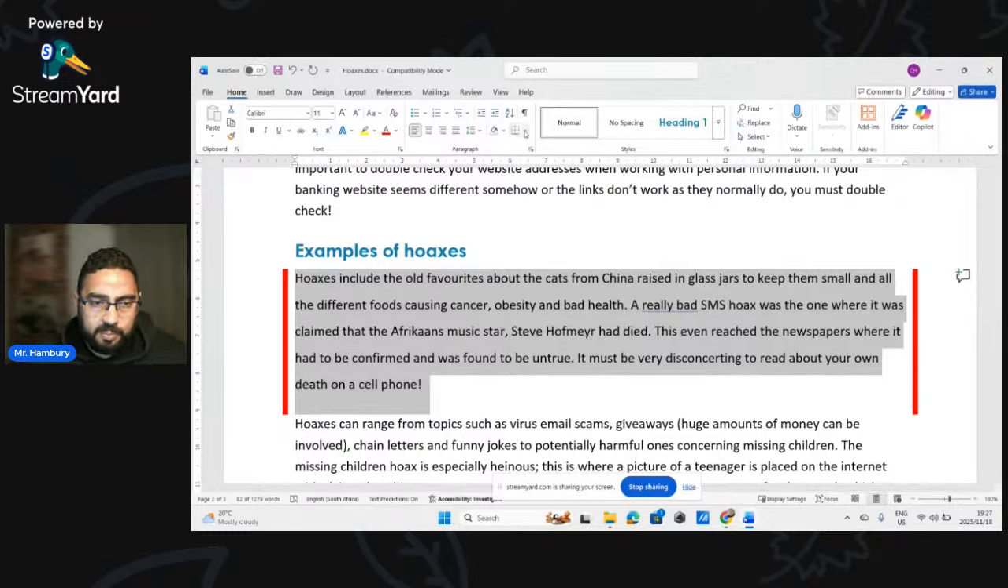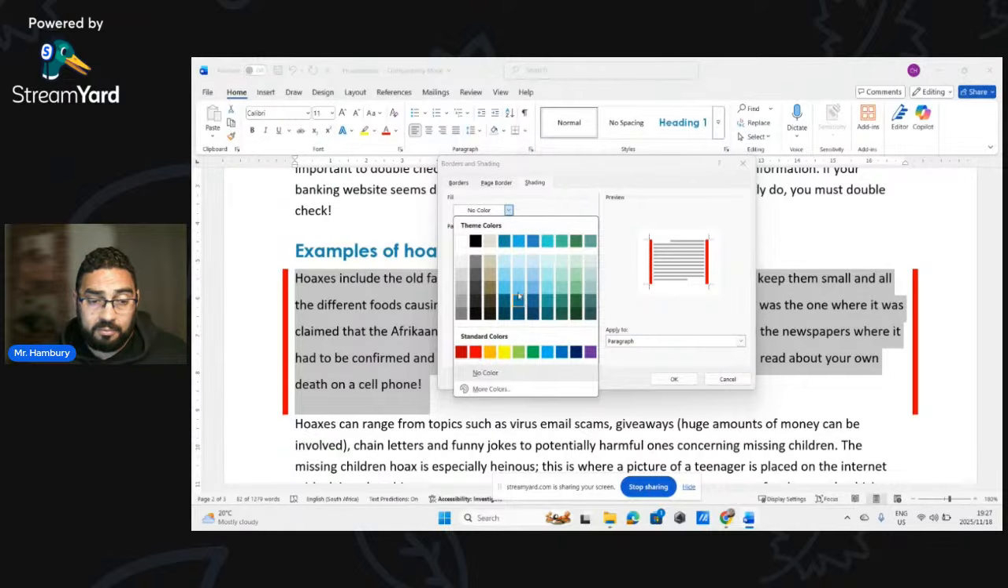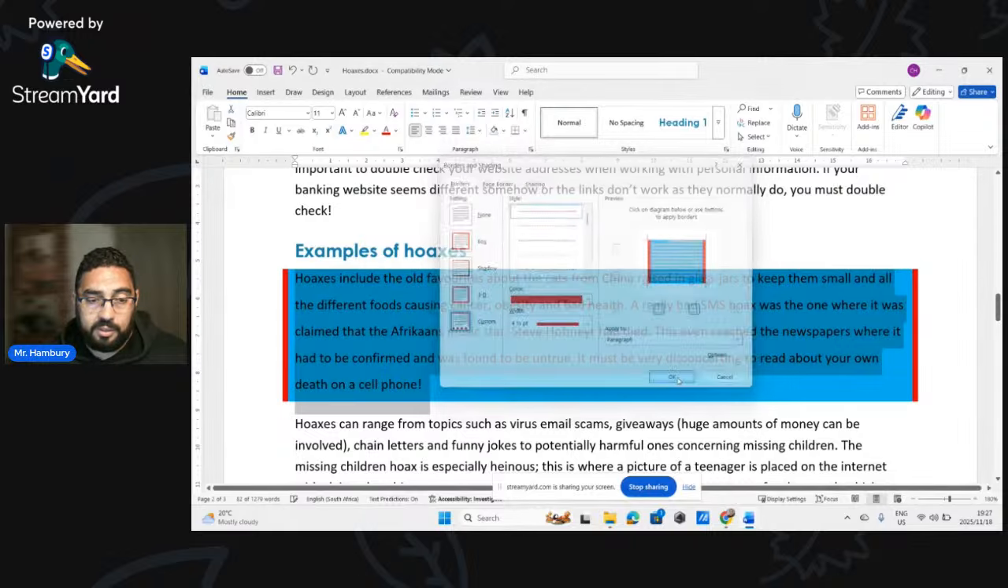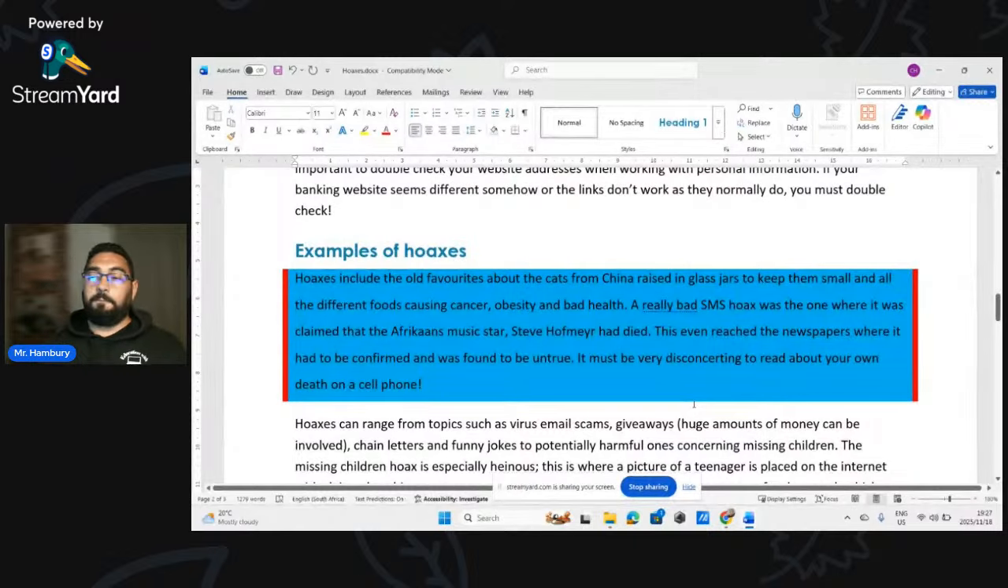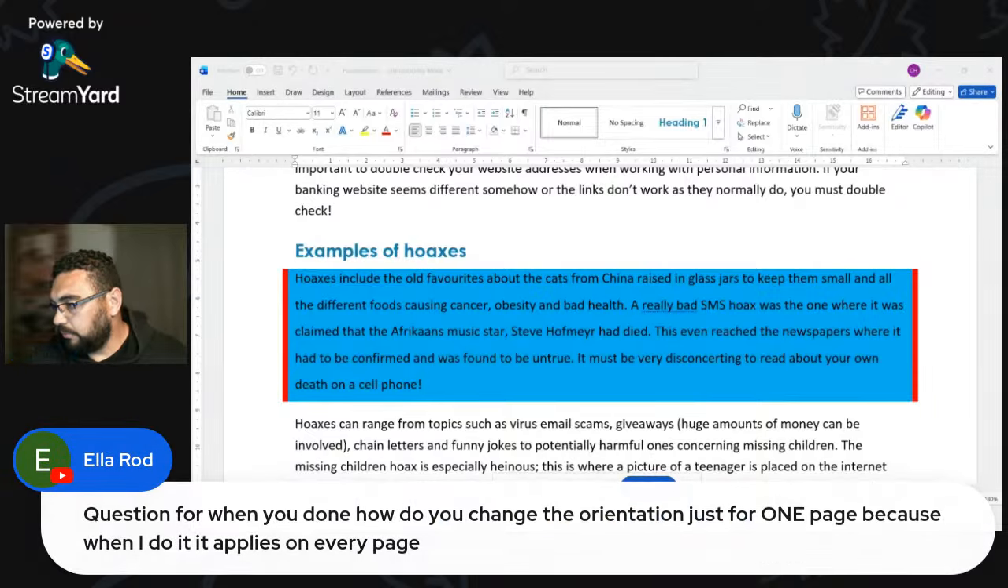You can also go back into borders and shading, and I can apply shading only to that paragraph, click OK, and there we go. I've done line spacing, paragraph shading, a paragraph border, done. Okay, so the way you do that,